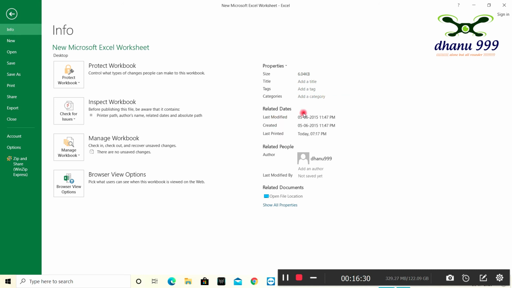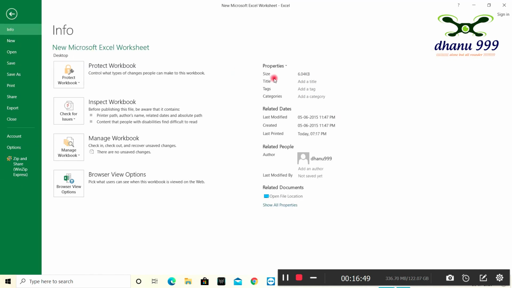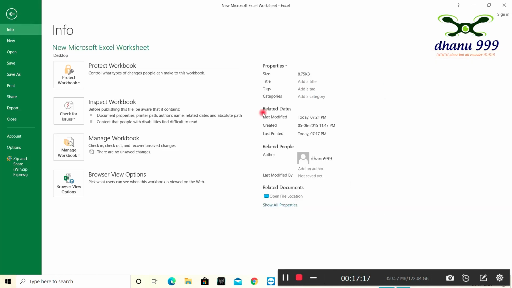And the date last modified. Now I have modified, or previously anyone modified. That date will be here with the time. The date of creation, when this was created. If I modify something here, see here. Now when coming to info, it is showing the last modification. Now I will modify. Control S. I modify and save.